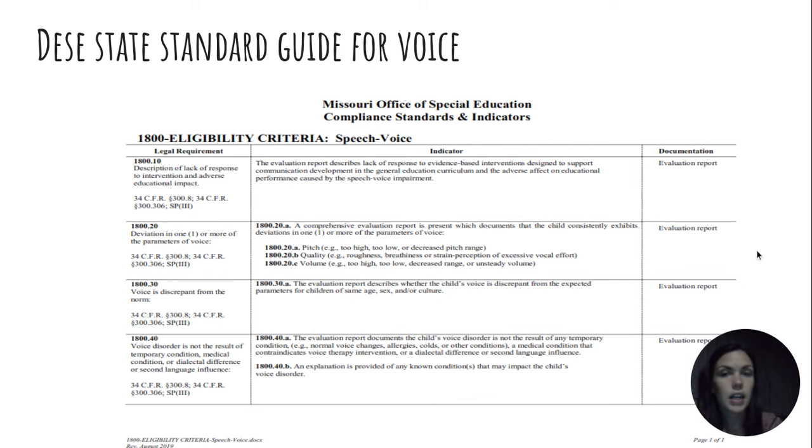All of these guides and indicators are very helpful in the diagnosis and can be found on DESE's website under Special Education Compliance Standards and Indicators. They're very handy in assessing what may be going on with a student that is in your classroom. So I would always keep that handy in case you are wondering, hey, what's going on with this kiddo? And you can check these and talk to your special educator that works with your grade level and see what you can do.